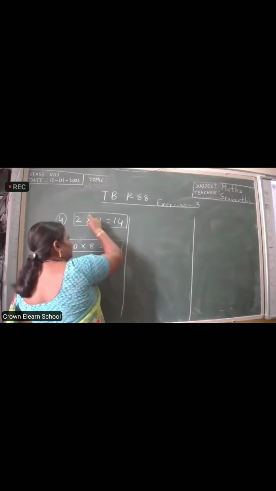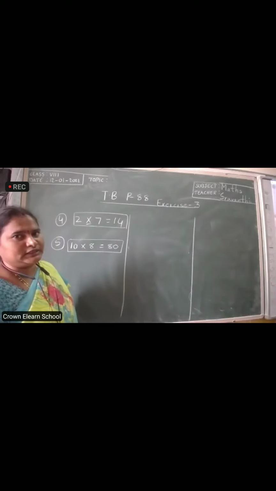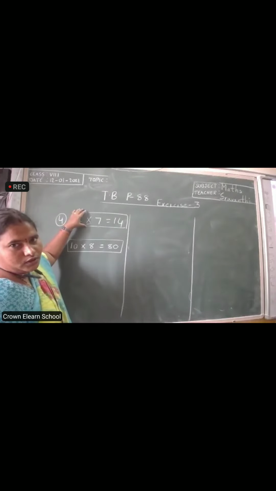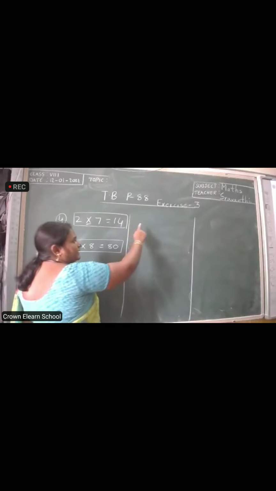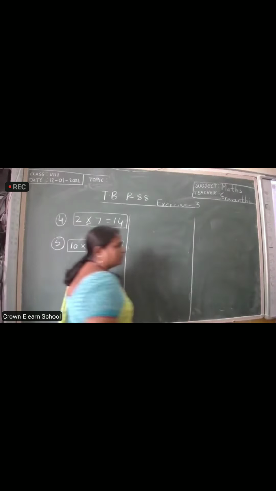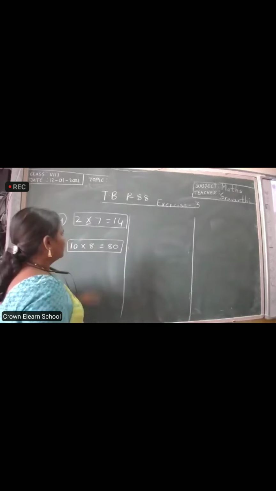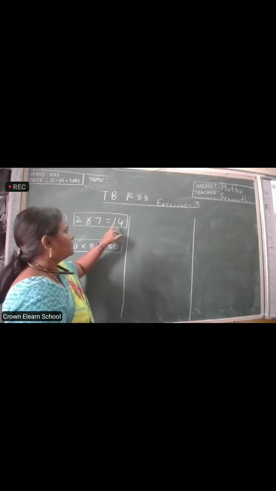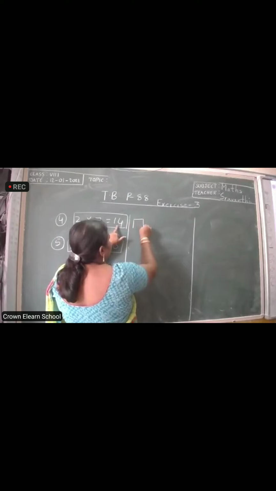For one multiplication, you can see here into. Into is a symbol for multiplication. So this is multiplication form. Okay, for one multiplication form, we can write two division forms. So already we have done that. Now let us write 2 sevens are 14. Here, what is the answer? 14.